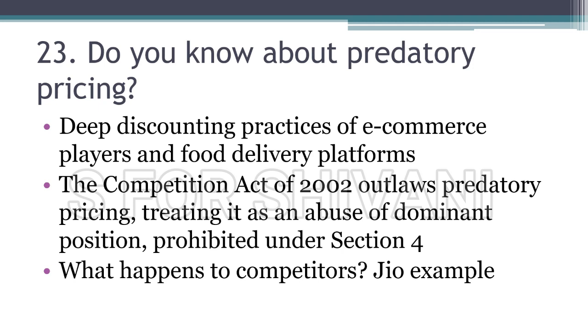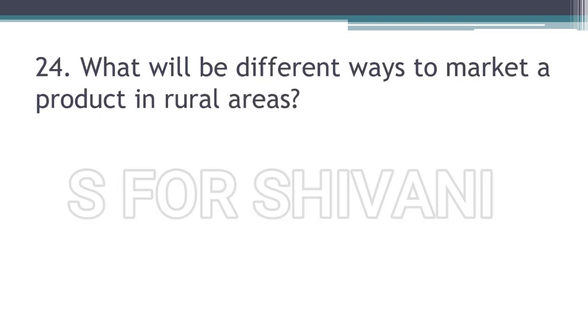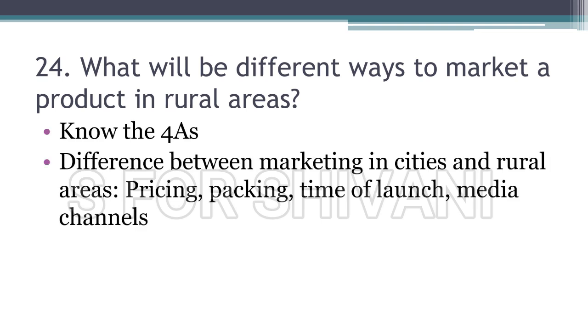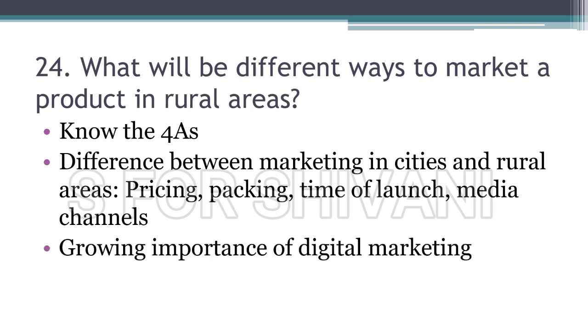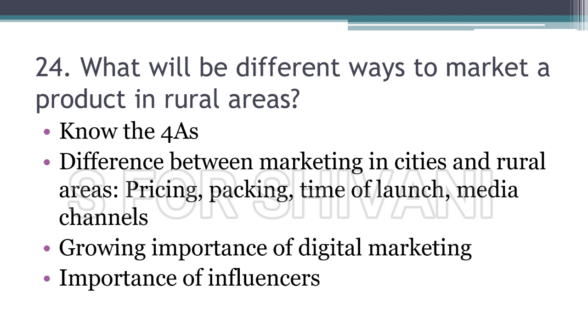Question 24. What will be the different ways to market a product in rural areas? So you should know about the 4 A's, which stand for affordability, that is about the price; availability, where can the customers get it; awareness, how much they know about it; and acceptability, meaning whatever features the product has, whether it can be adopted by people. You can discuss how both marketings are different in terms of prices, in terms of packing as well. So you might be getting smaller SKUs of products when it comes to rural areas compared to cities, where you